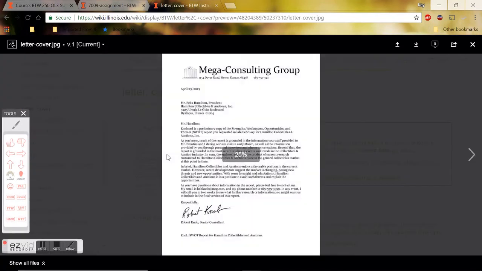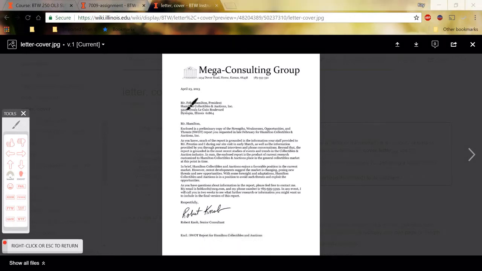So if you open this example up, this is basically what your cover letter should look like, except that the recipient address block here, so this is the recipient's address block. This is not our recipient. So you would be sending this to somebody else. You should change the date to whatever your current date is. This should be your name. And so there are just some minor changes, but in general, this is what a generic business letter will look like for you. So to get us started on this,